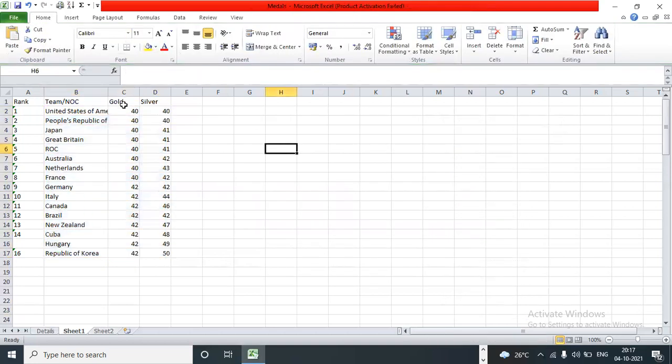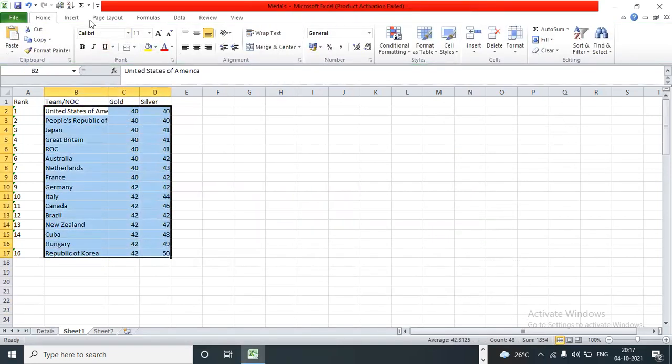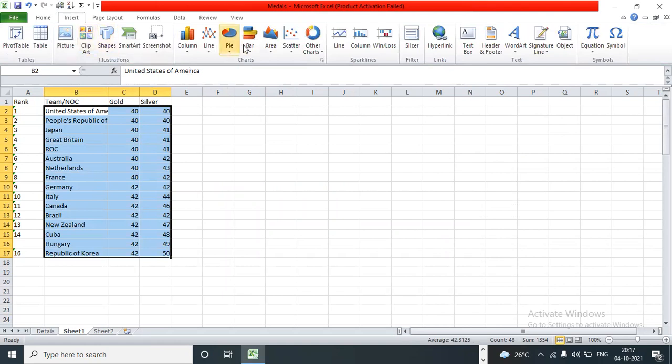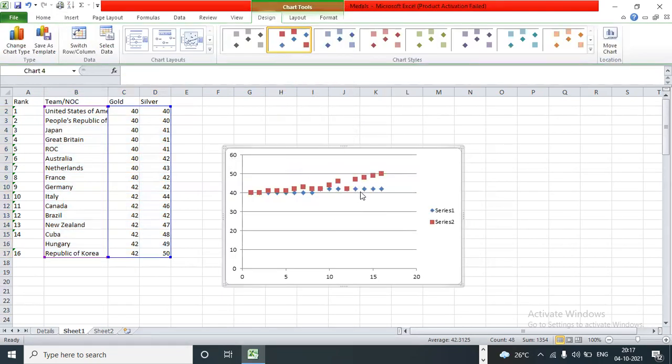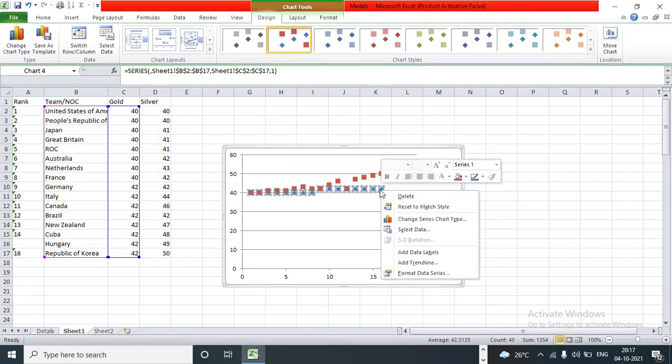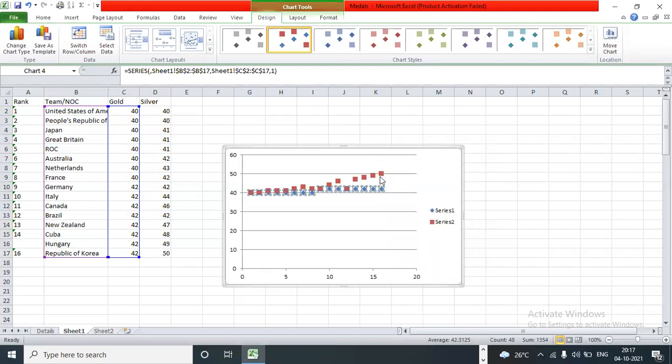So now again, let me create another graph. Insert. Just go to scatter plot and select any graph. Can you see the graph? Diamonds are for gold and square. You can change this one. If you just right click, you can change all this formatting, we will come to formatting slowly. If you click on the red ones, it is a silver data. You can give the country names and everything in the XY axis accordingly.